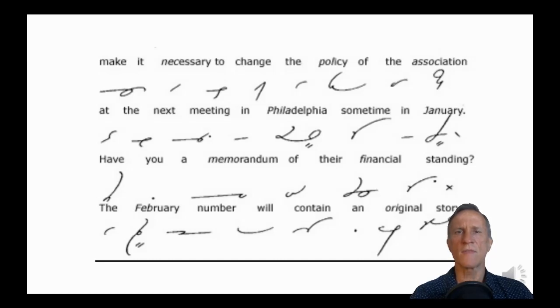Now, the question is, can that work for note-taking for consecutive interpreting? Because that's our dire need, right? We want to take everything down and then be able to give it back. The answer is no. It doesn't work because we're having to change languages. If we were simply having to give back exactly what was said, we would have to be sort of like a tape recorder and give back exactly the same words.